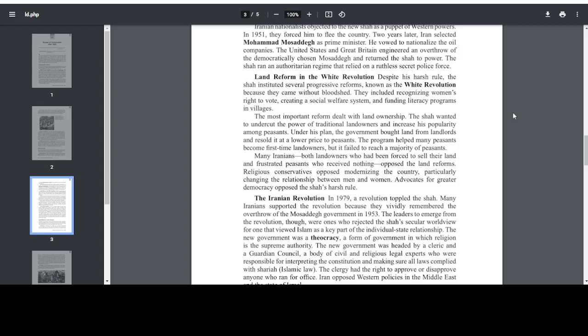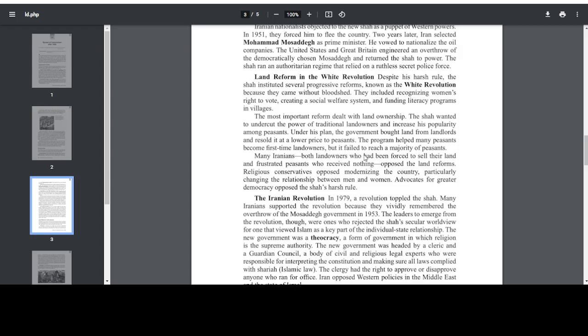The most important reform dealt with land ownership. The Shah wanted to undercut the power of traditional landowners and increase his popularity among peasants. Under his plan, the government bought land from landlords and resold it at a lower price to peasants. The program helped many peasants,